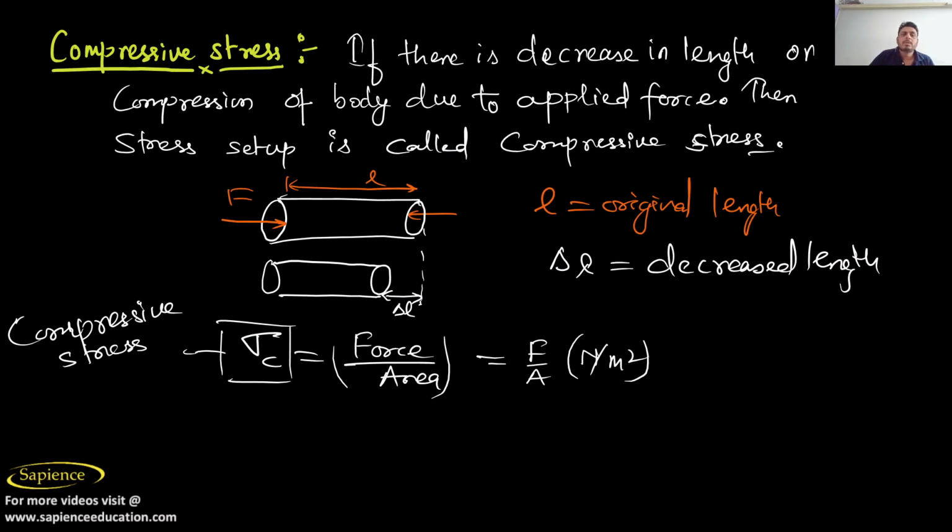Now compressive. So the word compress means what? To compress any object, you know the word compress. So what is happening here? If there is a decrease in length, see, when you compress any object, the size will decrease. So for example, this is the length of the body, L. Now you have applied a force from both directions. So ultimately there is a change in length. Original was L and the change in length is del L, but it reduced by del L, that is, the decrease in length is del L. So the final length will be L minus del L, yes or no?